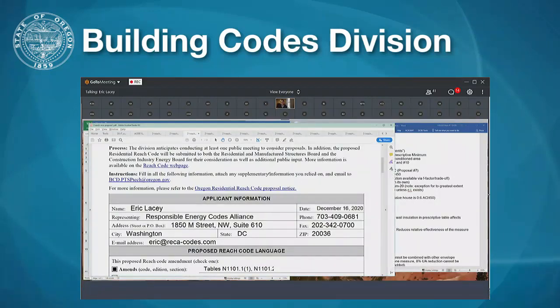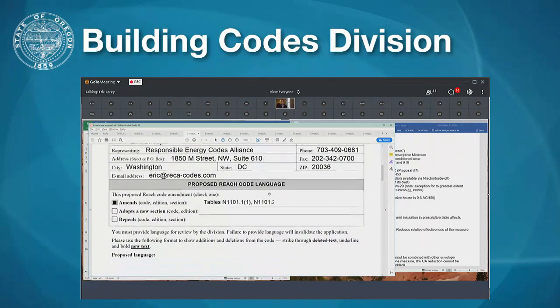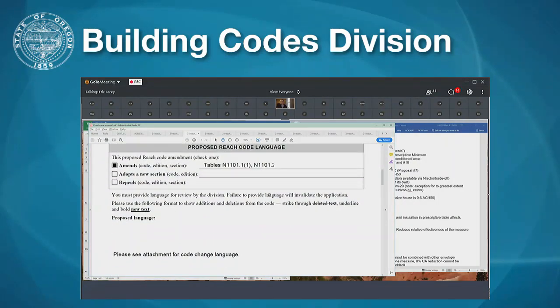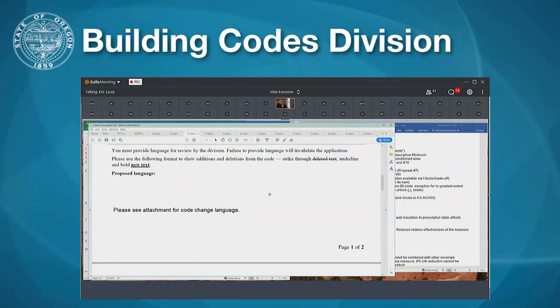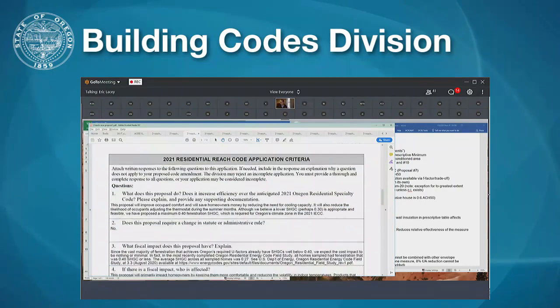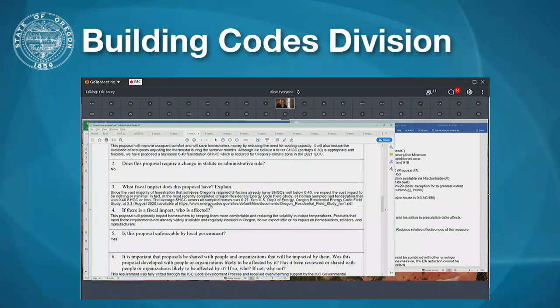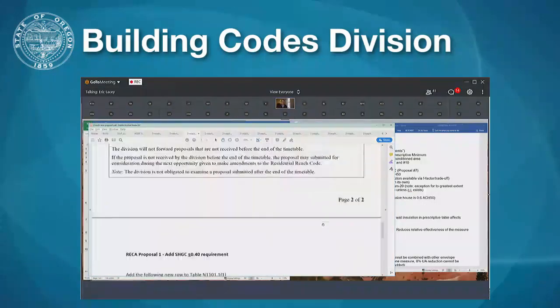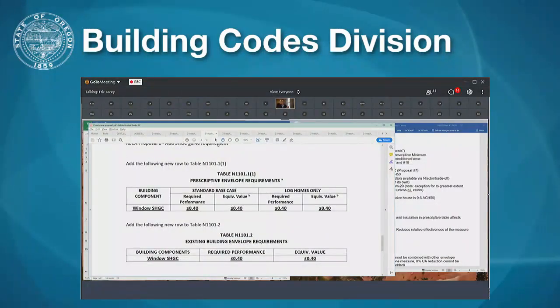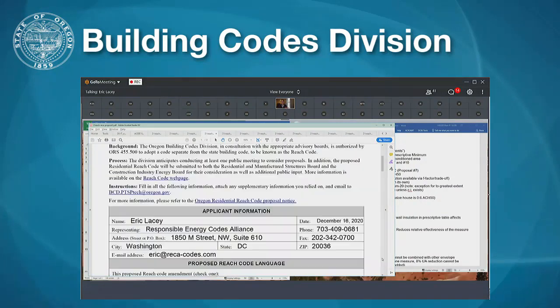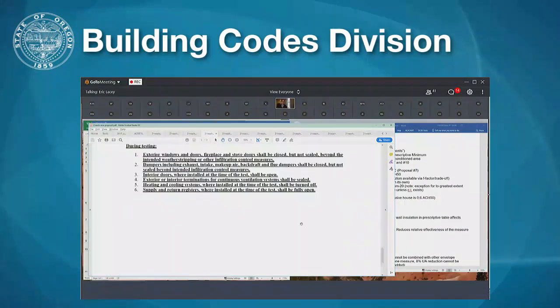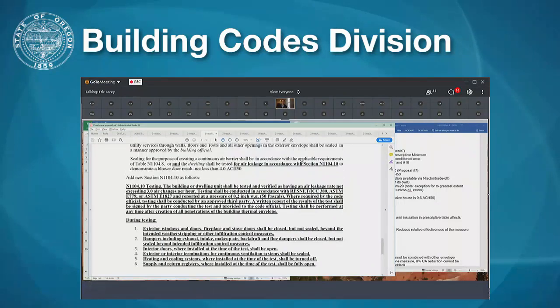I think NEA's approach was to ramp up the efficiency of the individual proposals and require more of them. I think Zero Coalition turns it to a points table and ramps up the efficiency. In our approach to the table, we want to go back to the way Oregon did it previously, where you have a split, with envelope requirements and mechanical efficiency requirements, and you have to select something from each of those tables. And I think there was one other larger proposal that did that same thing.